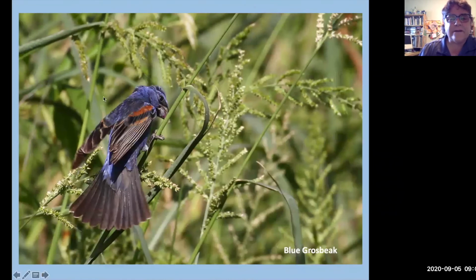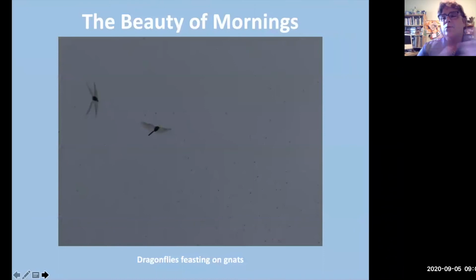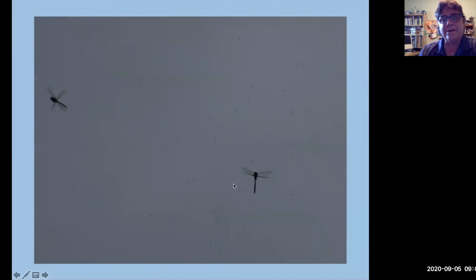Look at this coloring. What a beautiful bird. Now this bird is a pretty big bird. It's about the size of your hand, your full hand. So it's a grosbeak. Oh my gosh, mornings. I know that you're not there in mornings, but you can be at your house in the mornings. There was a swarm of dragonflies, and I was making photos in full manual mode so I could focus on them. They were eating what we call aerial plankton. These are just fungus gnats that are rising up off of the ground, and these guys are just having a feast on them. Look at all this. Boy, the aerial maneuvers that they can make.